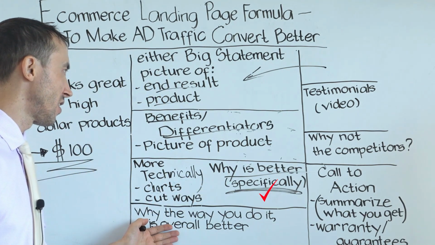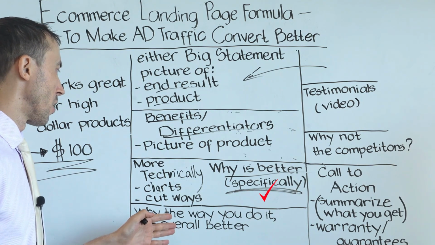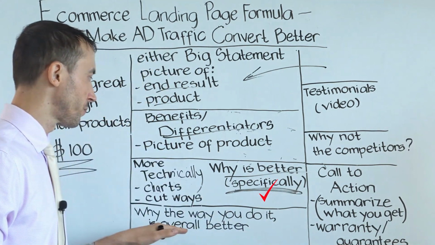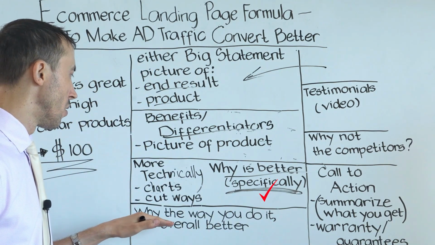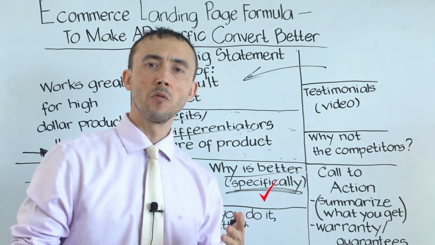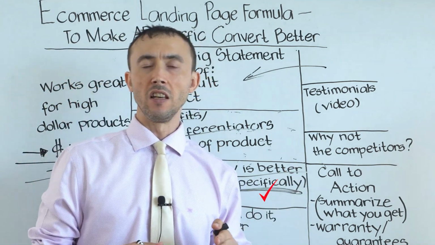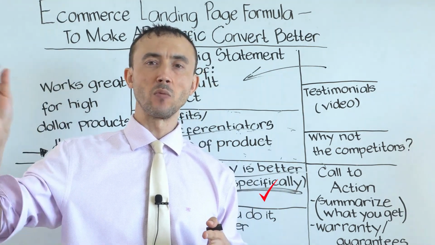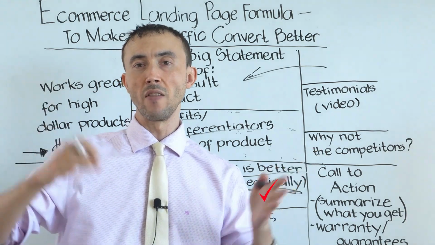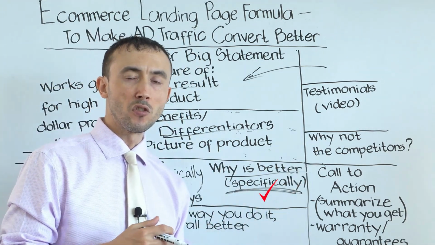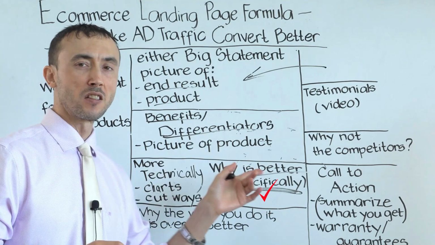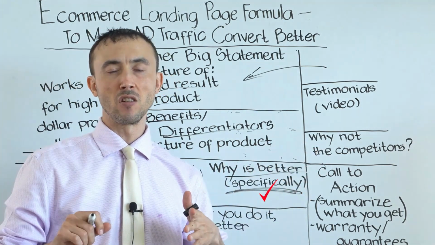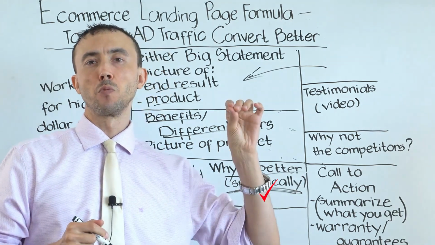Then you're going to get to the next section for the user, which is going to say why the way you do it overall is better. Because obviously the option the user always has now, in their mind, is, well, how do I know this product that does this is the best one? Are there other ones out there, and should I buy those? Instead of just assuming that they're going to know everything you said and therefore the user should know yours is better than the competition because you said you have 47 milligrams per capsule of